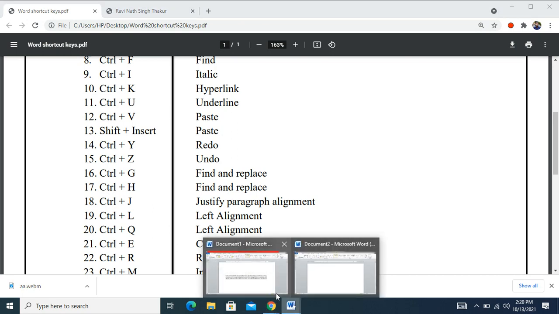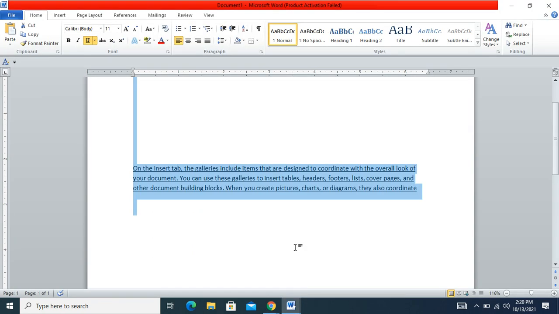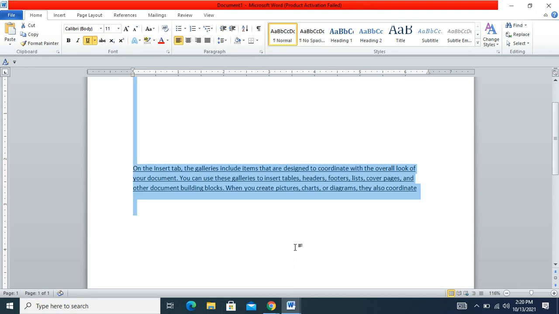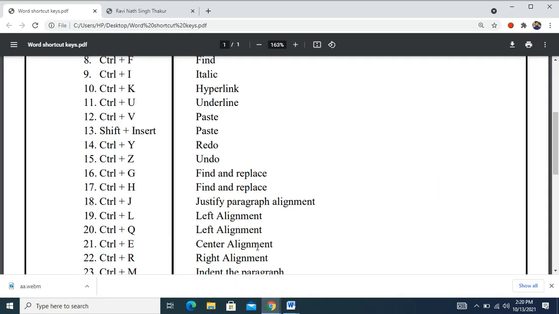For center alignment, press Control plus E. When I press Control plus L for left alignment, that is because in MS Word the default option is left alignment. The default.